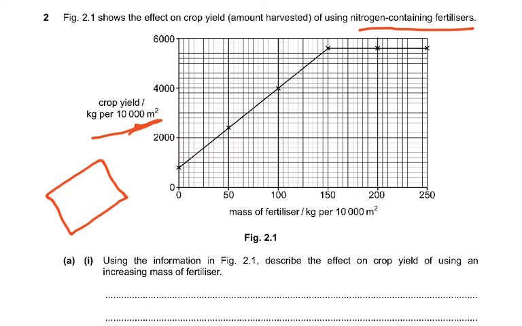I have a farm, and we always do our sums: how much wheat crop did we have? How much rice crop did we have? So crop yield is in kilograms, mass per unit area, per 10,000 meter square area. Now the mass of the fertilizer is kilogram per 10,000 meter square. So how much fertilizer did we add in this area, and how did it affect the crop yield, the mass of the crop that we got? How much sugarcane, how many mangoes, how much wheat, how much rice did we get?